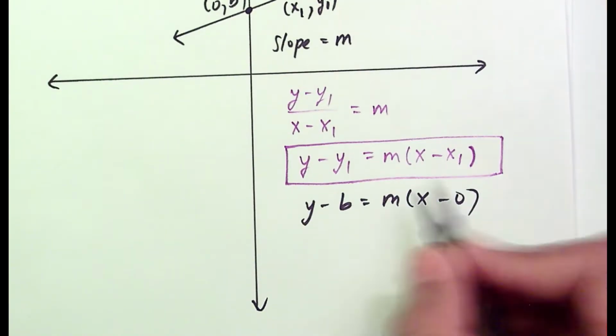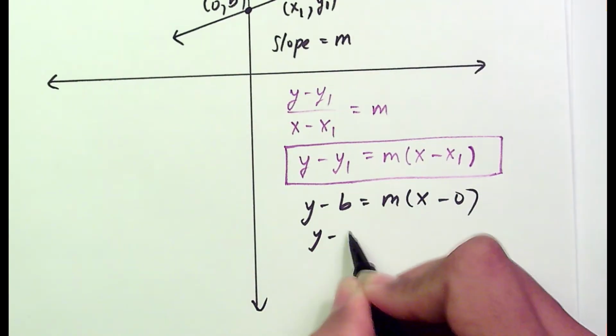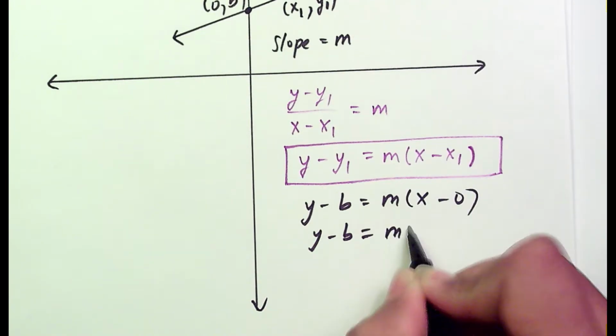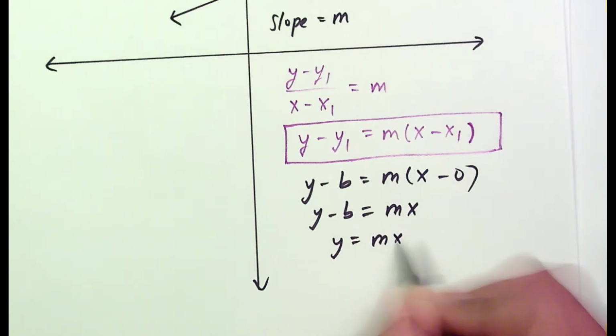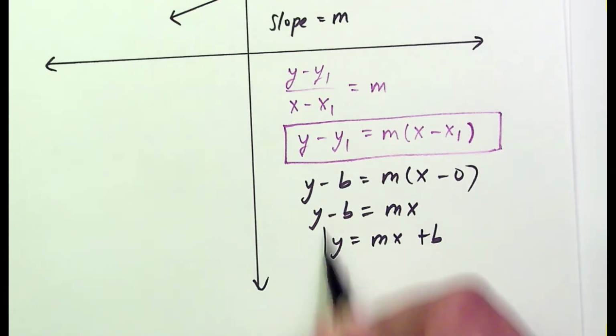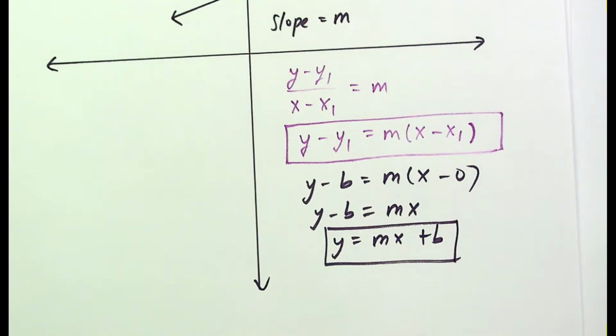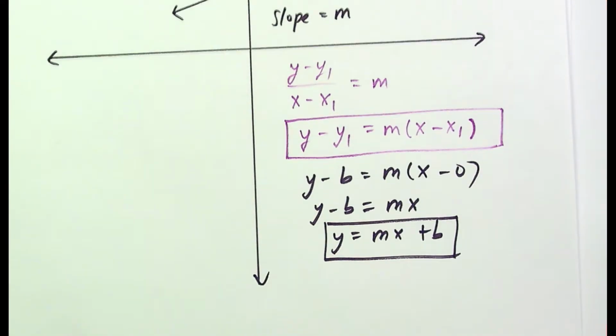And of course, subtracting 0 doesn't do anything. So you would get y minus b equals mx. And moving the b, you would get y equals mx plus b,